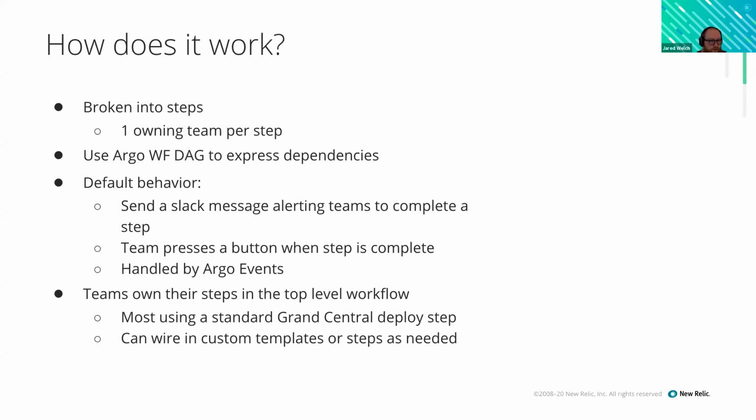So how does it work? It's not huge compared to, I know some people run very huge ML workflows on here, but it's broken into steps. We use the Argo workflow DAG to express dependencies, and that's been extremely useful for making sure we have the ordering correct and making sure that services are stood up in the order that they need to. And there's of course lots of inter-service dependencies, things that depend on Kafka being up,